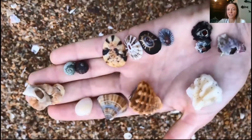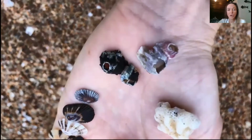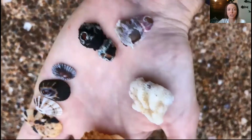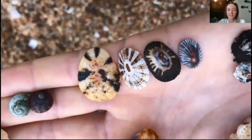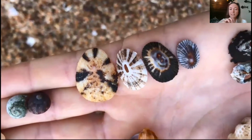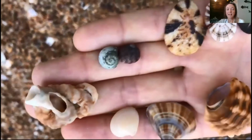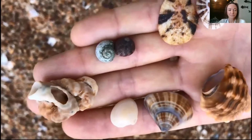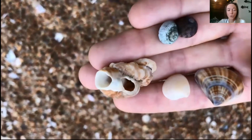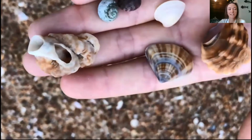And in my hand here, I just collected a little pile of things. So we have barnacles here on the top that were once attached to some rocks, obviously. This is coral, and that's the calcium carbonate skeleton that coral creates underneath it. These are limpets. Limpets all suck themselves quite firmly onto the rocks. There's a keyhole limpet where the siphon comes out the top. These ones are top shells or periwinkles. And this is a worm that has deposited this little shell around it, so calcium carbonate skeleton deposited by a